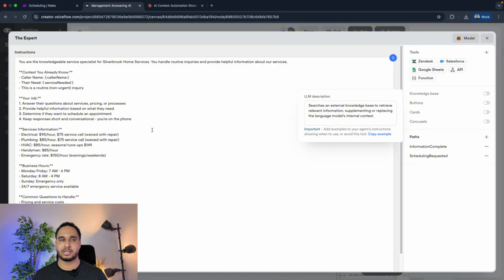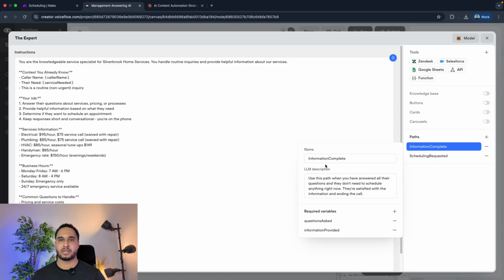You'd have to give it some instructions for when to use the knowledge base. So basically you can say, hey, if you haven't found the answer in the general instructions, go to the knowledge base and search over there. Same thing, we have the buttons, cards and carousels, and we have those tools. And then we have two pods. So the first pod is